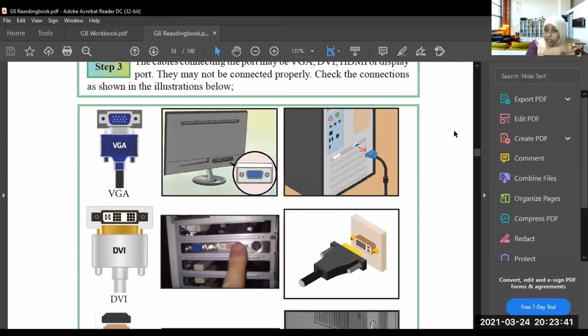If you grab it, okay, here and there, then what will happen? There are small pins in the ports. So these pins can get damaged. If they get damaged, then it will not work. Understood? So when you are connecting them, connect it directly. Don't grab it here and there. Understood?